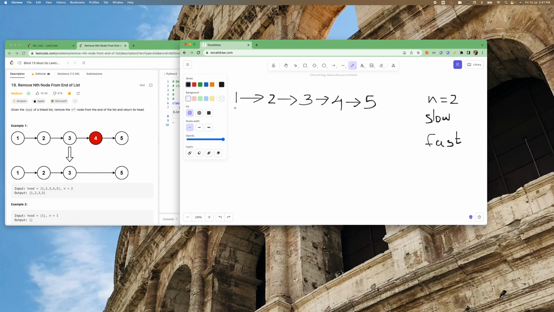So first, fast is at head, then 1, 2. So fast will be here initially. Okay. Then what we will do is we will start iterating the slow element from the beginning and also move the fast one forward. So slow will be here, right? And in the same iteration, slow will come here, then fast will come here, then slow will come here, fast will come here,